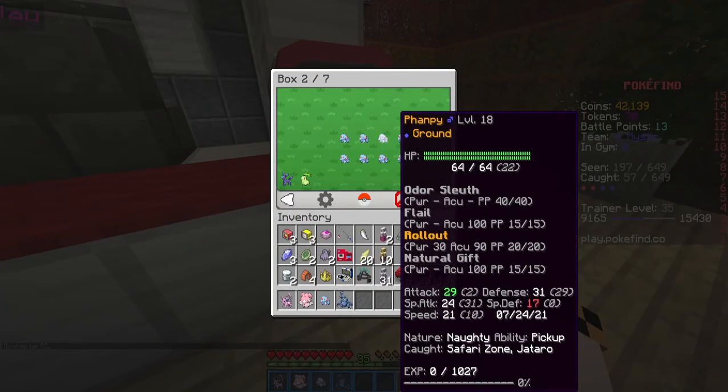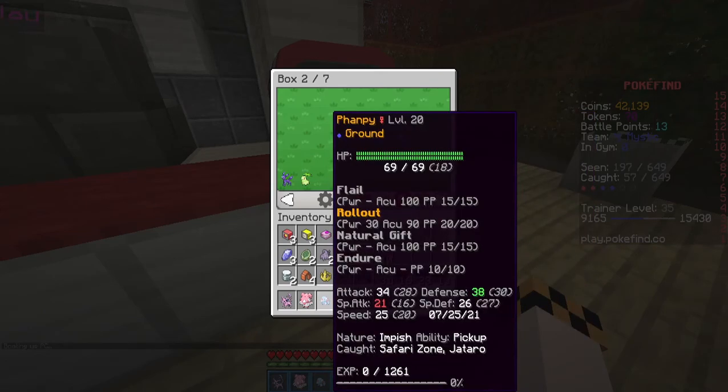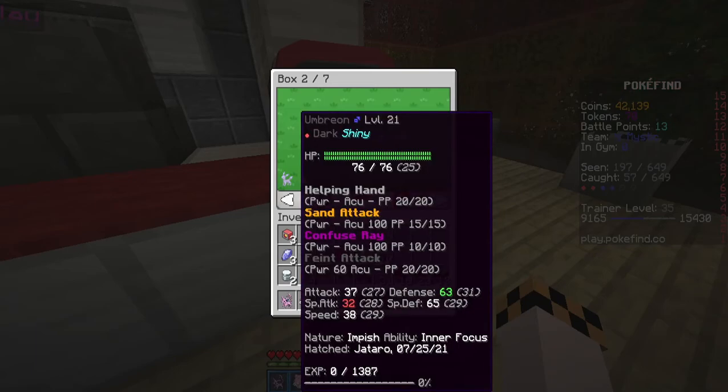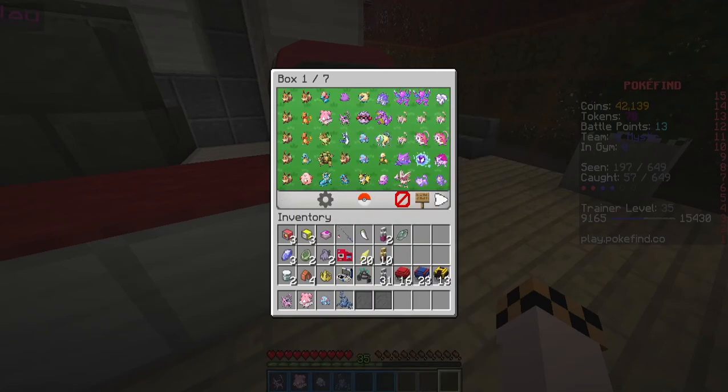Like, look at all of these fancy Fanfies we've got here. And this is the best one we've got out of nature and IVs. Like I said, this Chikorita and Umbreon, very, very useful. Hopefully, though, it won't be too bad. It's up speed, but down defense. I don't know how I feel about that. So, where is...